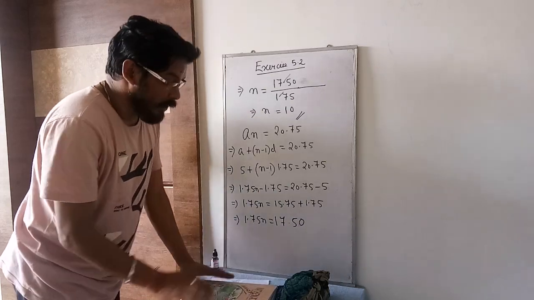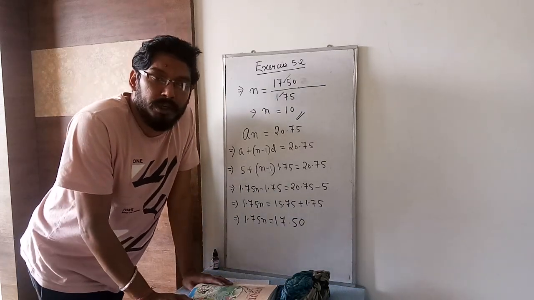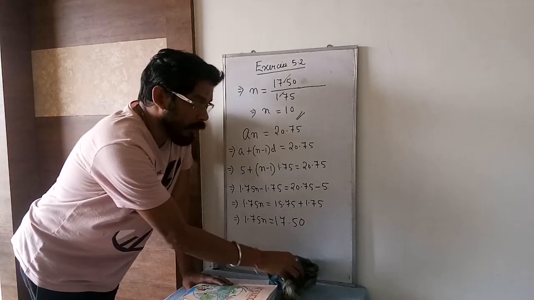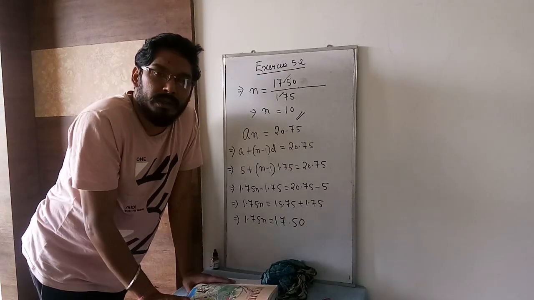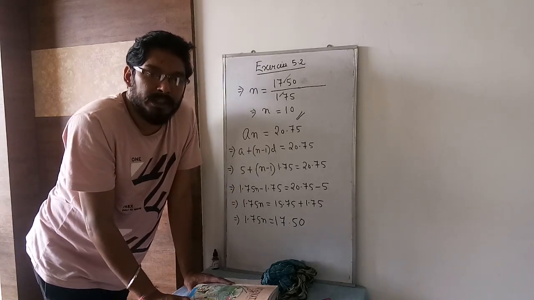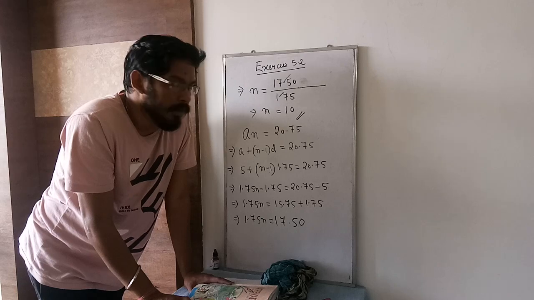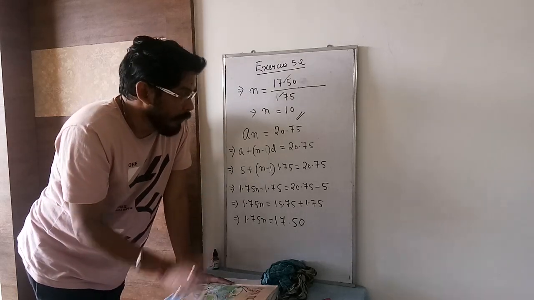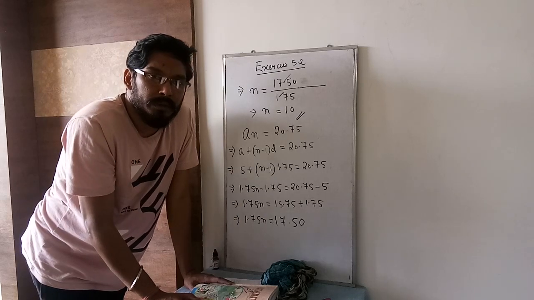Okay, so this is the end of exercise 5.2 as per my book. In the new edition book, I think some more questions are given. You can easily solve those questions because the pattern is the same. They did not follow any other pattern. You can easily continue by the sums done by me. So put all the things in your copy.